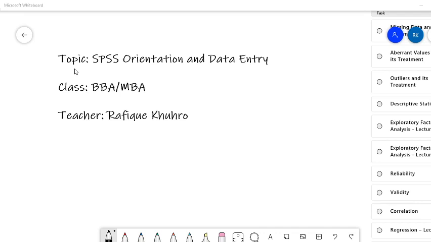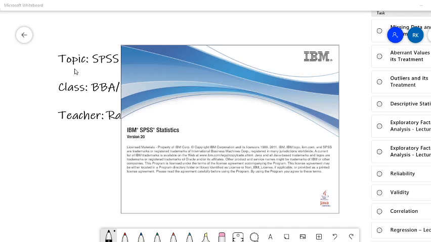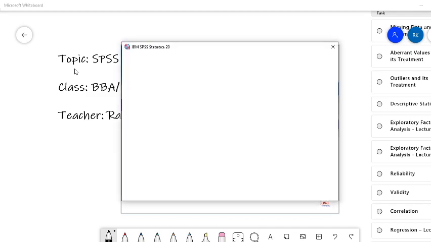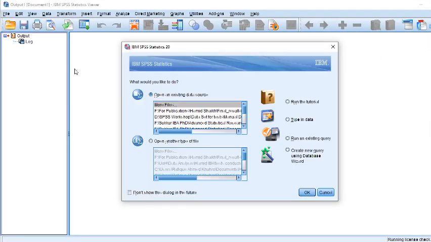Once the software is open, we will go towards the orientation. You can see it is opening. Yes, here it is. The software is now ready to use.